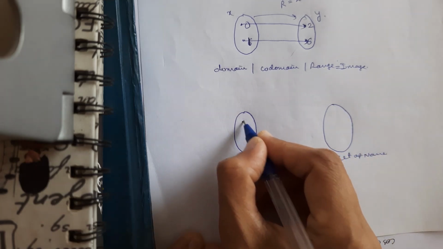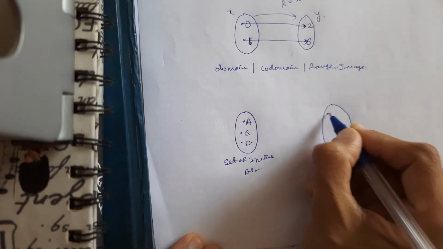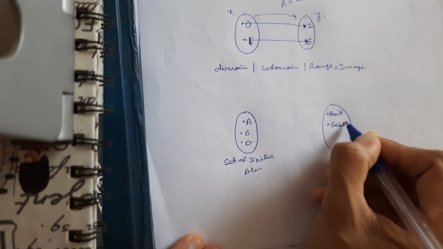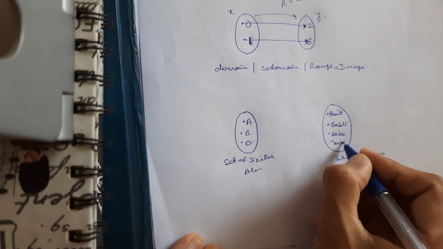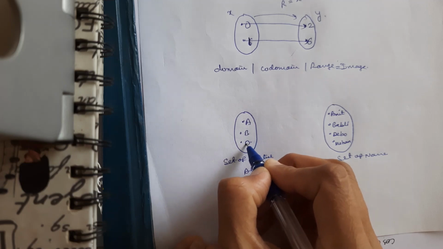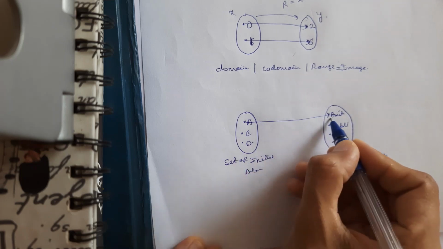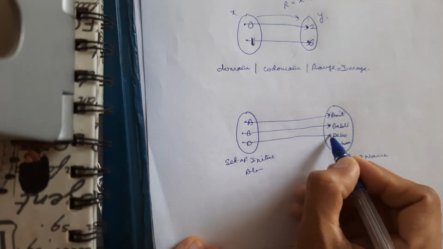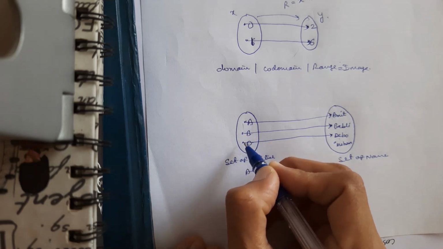For example, I have A, B, D here, and for names I have Amit, Bubbly, Debo, Mohan. Now how am I connecting this? This is the initial alphabet of the name. So for A I have an output as Amit because Amit starts with A. For B I have output as Bubbly. Bubbly starts with B. For D I have output as Debo. Debo starts with D. For Mohan I don't have anything here, right?